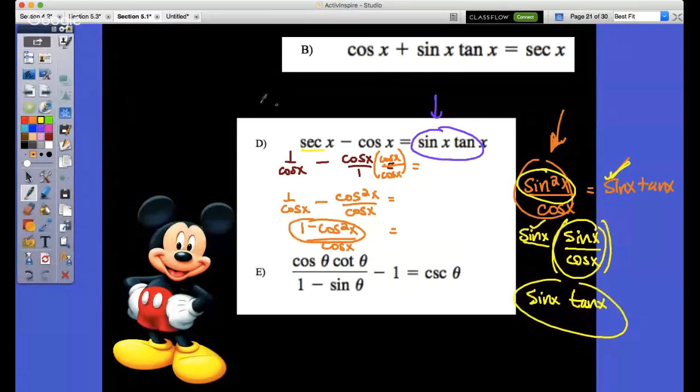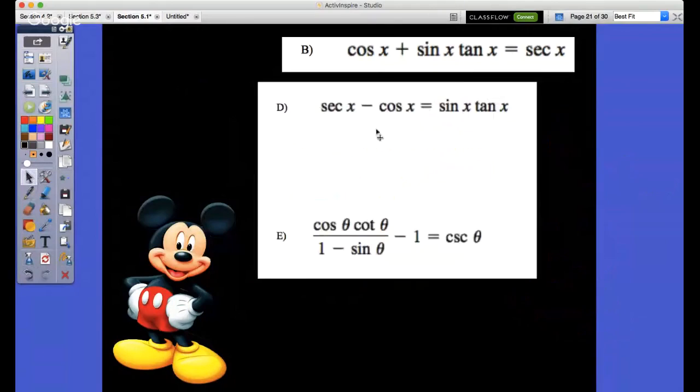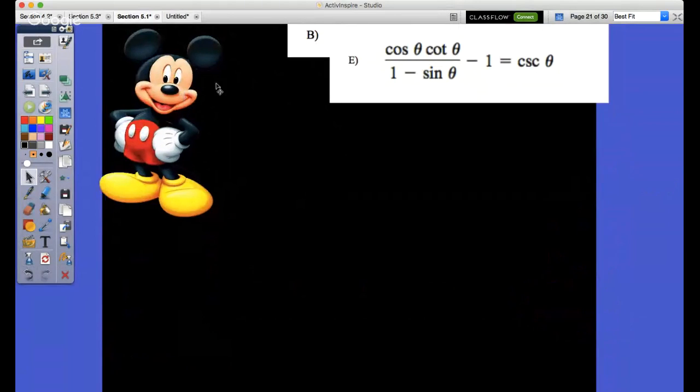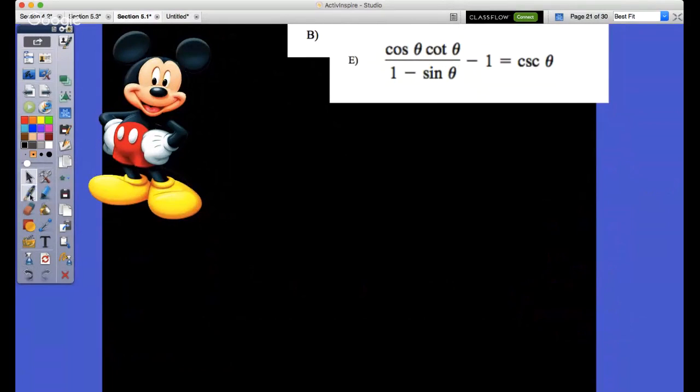Letter E is probably the toughest problem on here. I like it because it really challenged maybe a lot of us in terms of, hey, which one do I use? And I love the fact that with this one you could use a lot of different strategies. So I'm going to do it this way, though. I'm going to approach this one as if I was going straight from my